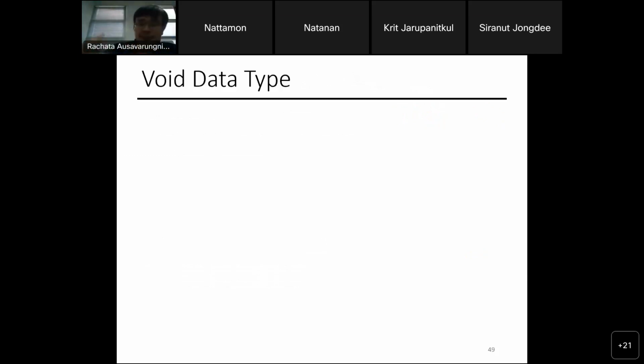Depending on the structure of the program, sometimes if certain things happen, this pointer should point to an integer. If some other thing happens, this is a pointer to a string, right? It's an array of characters. So a void data type is legit. It means that it can point to something, but I don't know the data type yet.